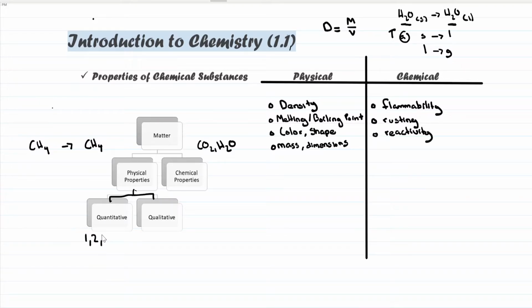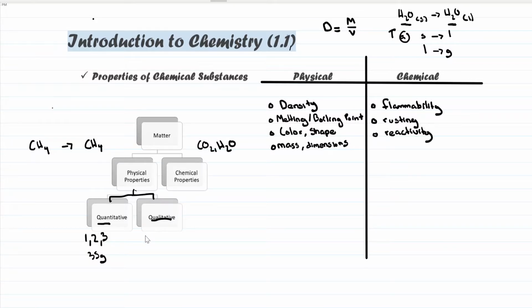Something like 1, 2, 3, maybe 35 grams. These kinds of things are quantitative properties. The best way to remember this is to look at the first part of the term, "quan," which could stand for quantity, a certain amount of something. So the key is to recognize that quantitative properties typically have numerical values, as opposed to qualitative properties, which